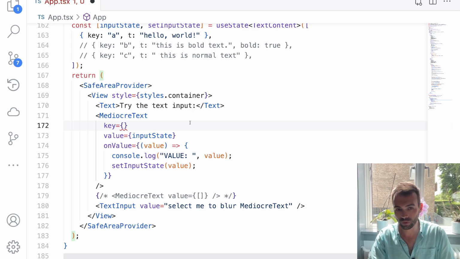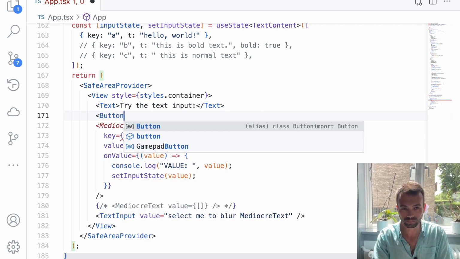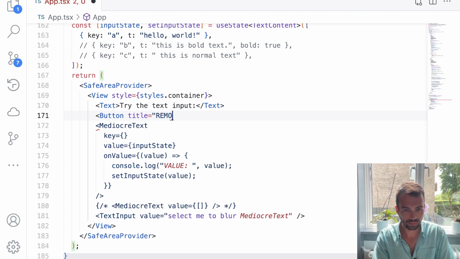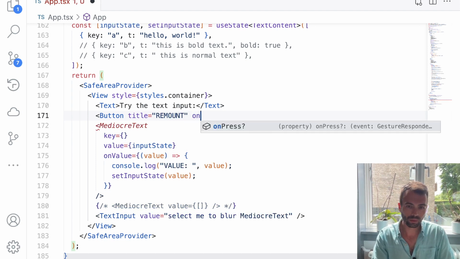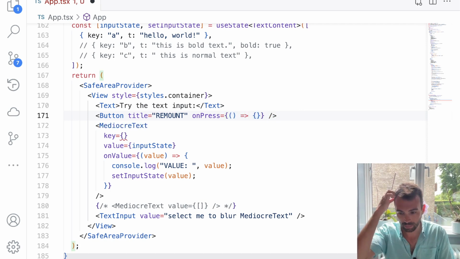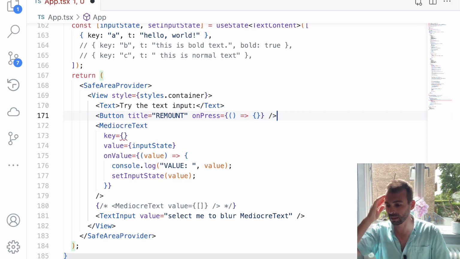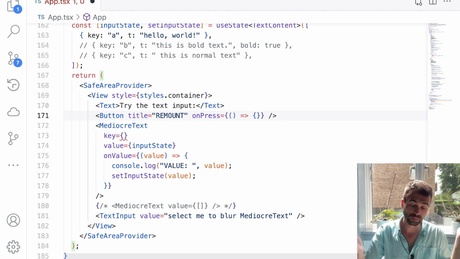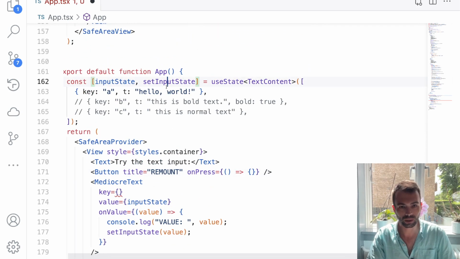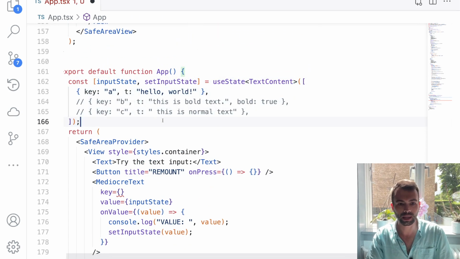And then when we do something else, you maybe press some extra button out here. Title is remount. Then we're going to handle this button and we will force this mediocre text component to remount. This is a way to hopefully force the text input to resemble the exact value that we have here in our application state, where we're actually saving the state of the rich text. So